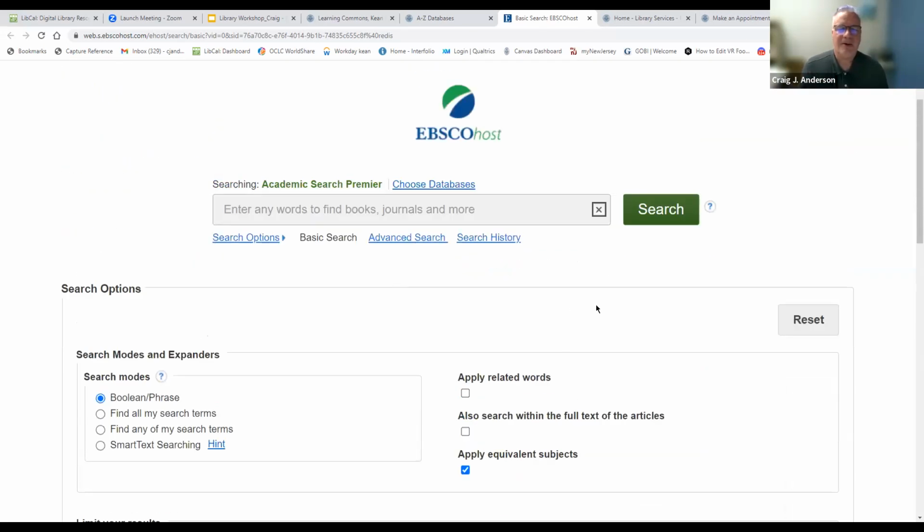So I'm going to go up here to the search box. And before I really do my search, I just want to show you some of the different librarian tips and tricks that I know to hone your search to be a little bit more directed towards what you want to find. So as I said before, right now, I'm going to search for video games in education, using video games in the classroom. But feel free to apply these different techniques to whatever your search is when you go into these databases on your own.